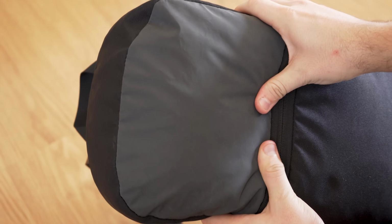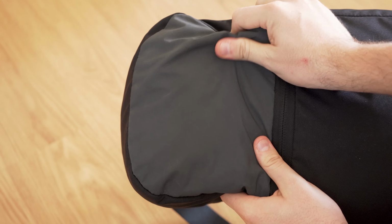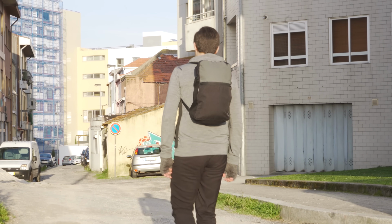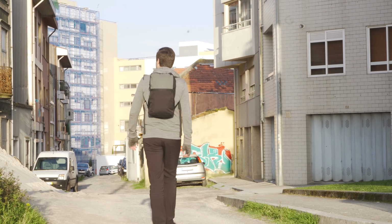One other small nitpick is that the reflector piece on the YNOT Deploy is picking up marks and scuffs and crinkles a little bit faster than any other area of the pack. So just note that this is the only color that comes with the reflector version. However, we're always gonna point out these nitpicks because we just love drilling into things. Other than that, the pack has held up solidly and it looks beautiful and is just really a joy to